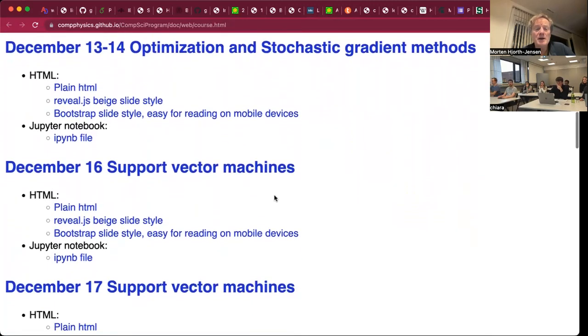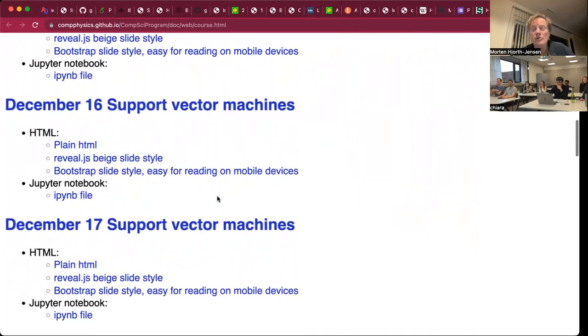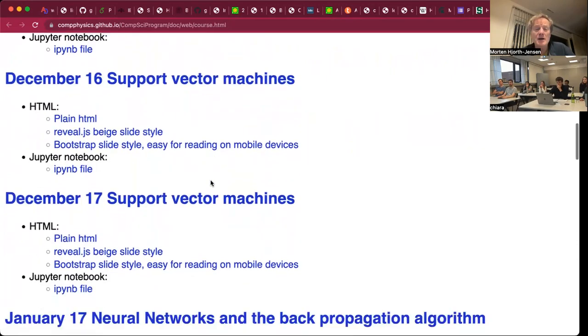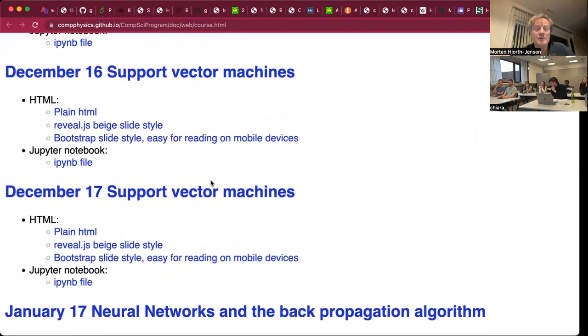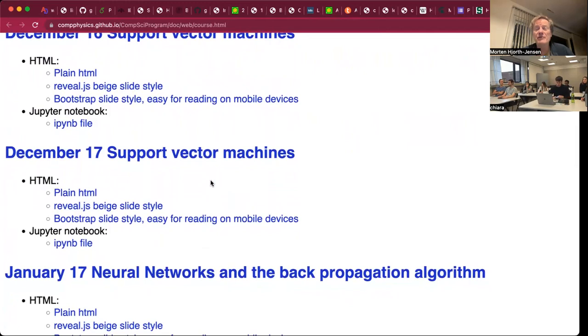What I've done is to also add some slides on support vector machines, which we didn't cover before the break, but I just put the slides here. And you can take a look at them if you want to. So support vector machines have been widely used, I'd say till 2008 and 2009, before we jumped into deep learning methods. These were very, very popular methods for both classification, mainly classification first, but also for regression